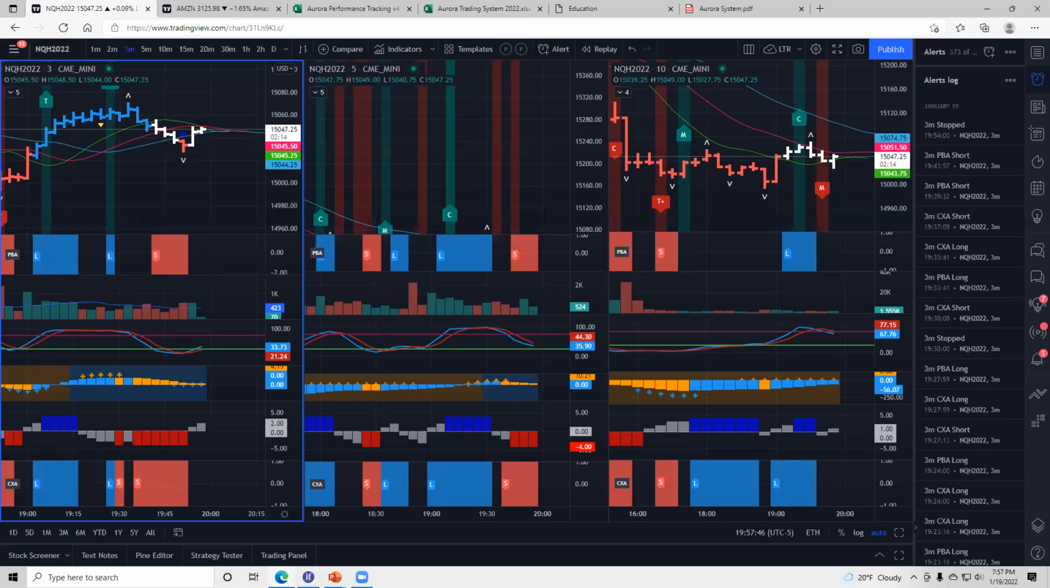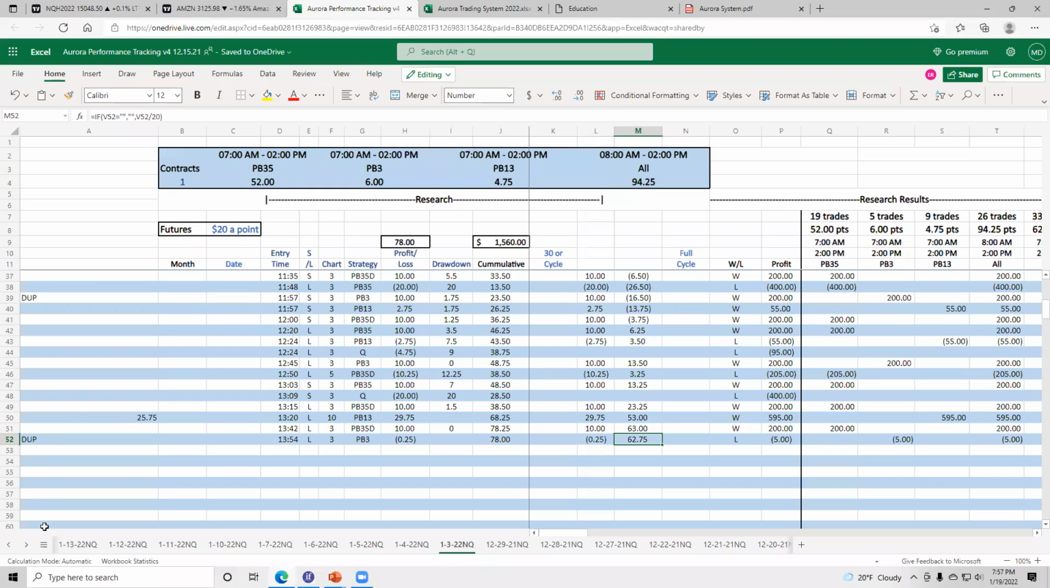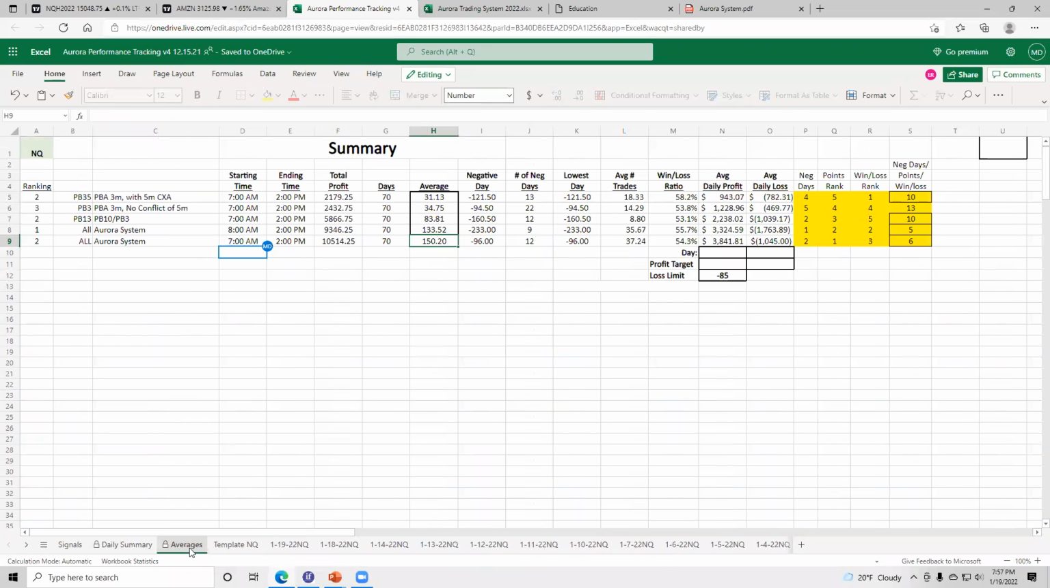Okay, Rex is asking if we can take a look at the performance from 7 a.m. to 8 a.m., for the 70 trading days that we have recorded in the database,